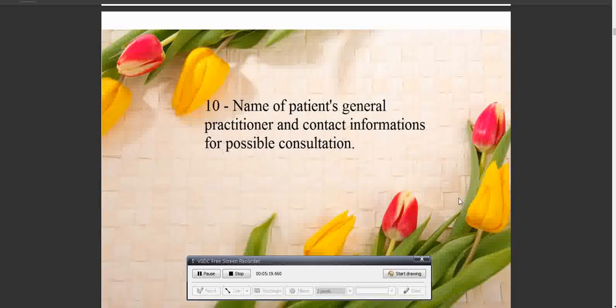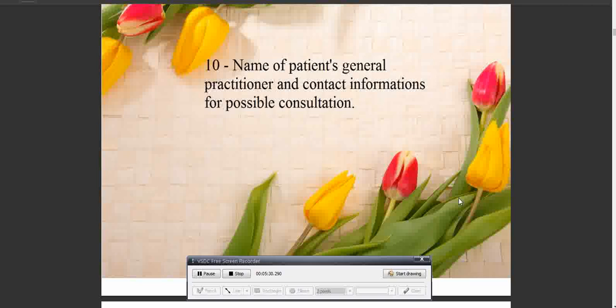So blood group, that is that. Number 10, the 10th part of biodata: you need to know the name of the patient's general practitioner and contact information for possible consultations. The general practitioner, GP, is like a family doctor who has been in very close proximity to the patient's condition. He has details about the condition from the beginning, the pathogenesis, and the progress. So you can contact him for information, and you can also consult on the previous